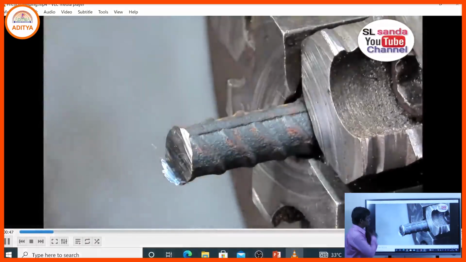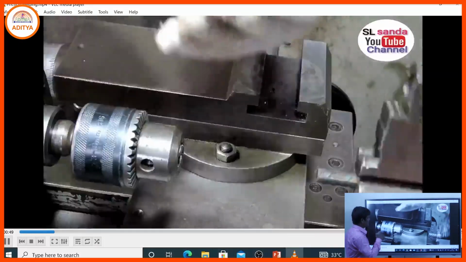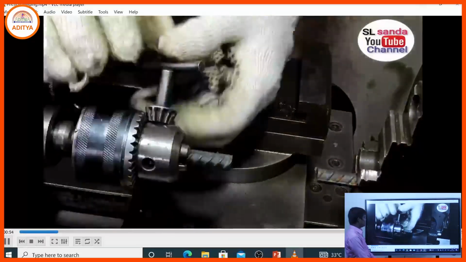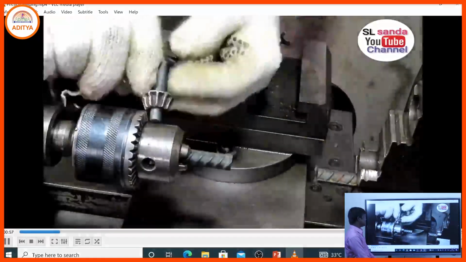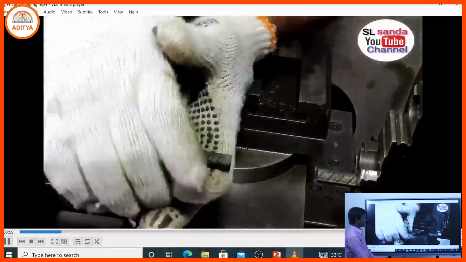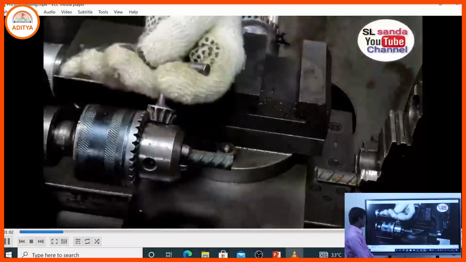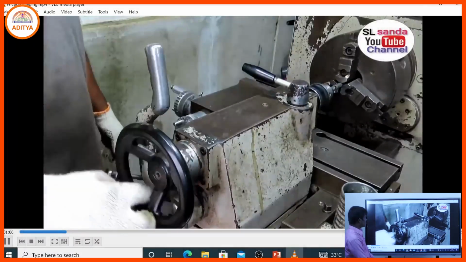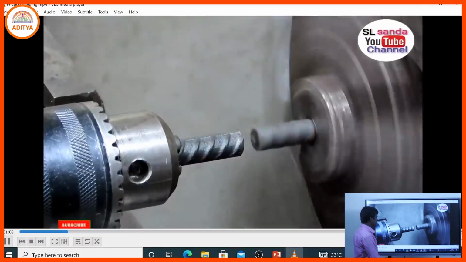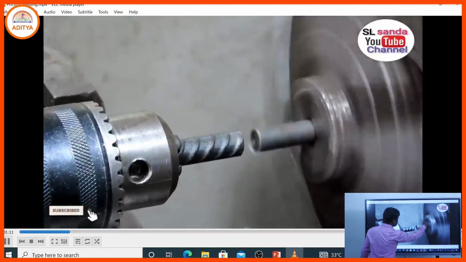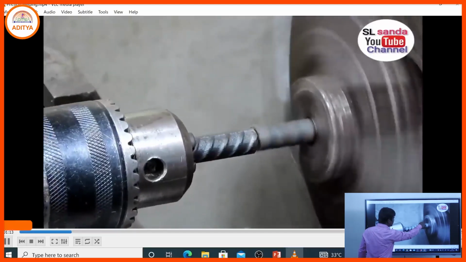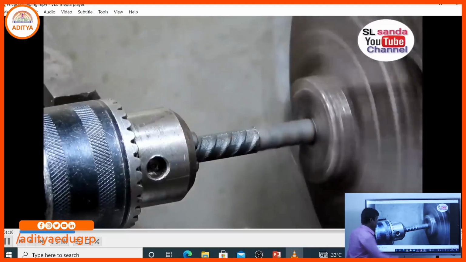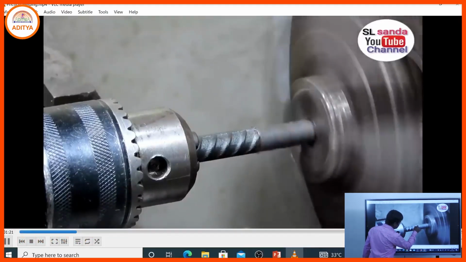One part is held in the chuck, and another is held, if we are considering the lathe machine, one part is connected to the chuck and one part will be connected to the tailstock. Now the tailstock moves in that direction. One part connected to the chuck will be rotated, and we give the pressure through the tailstock, and here we have seen that it will attach